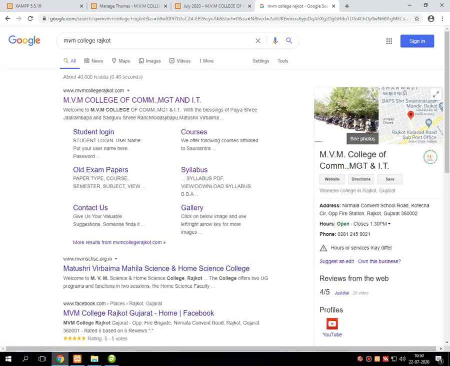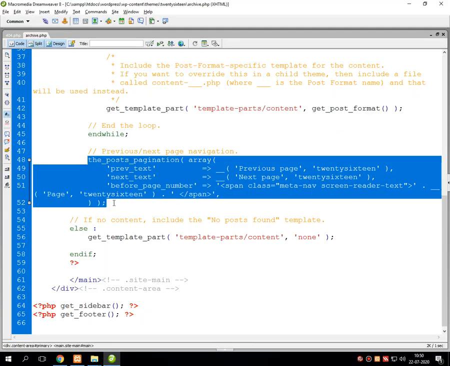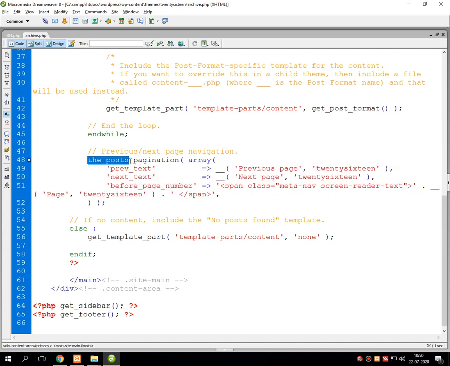The same functionality can also be performed for our theme using this pagination technique supported by WordPress. For that I have written the_posts_pagination. It's an array because all the pages should be stored inside a single location which have the same name and the same type, that is called an array.